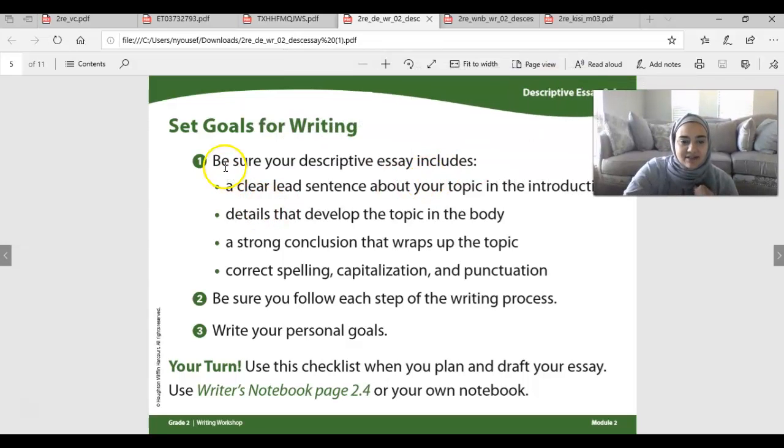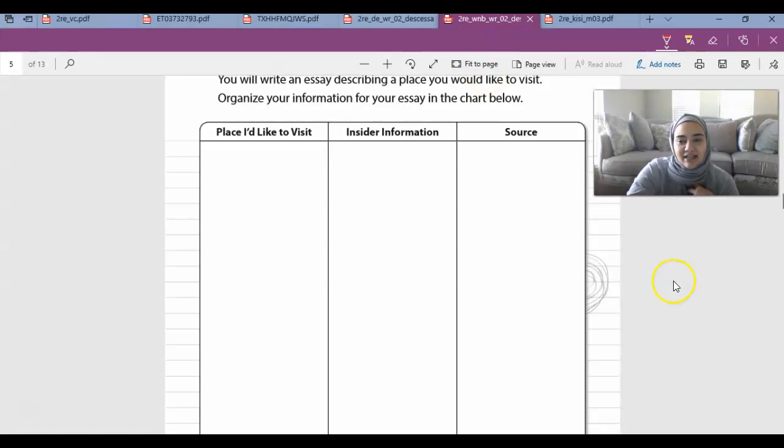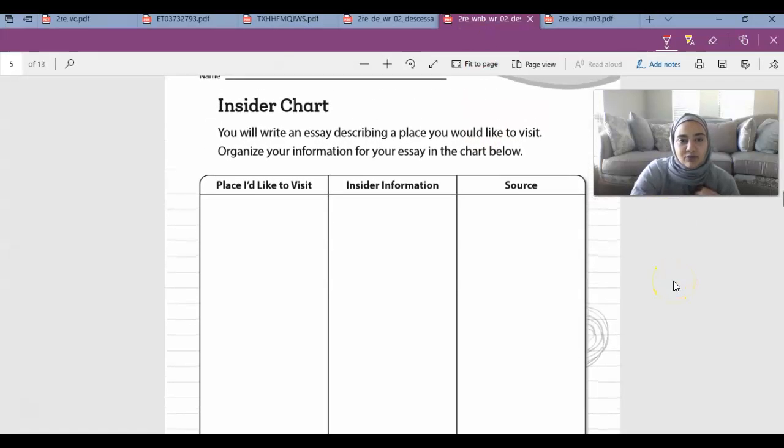And I told you guys there are these four goals: a clear lead sentence about your topic, details that develop the topic, a strong conclusion, and correct spelling, capitalization, and punctuation. These are all the steps to writing a really good paper that you guys are going to have to follow later. So what we're going to do today in your writing notebooks,